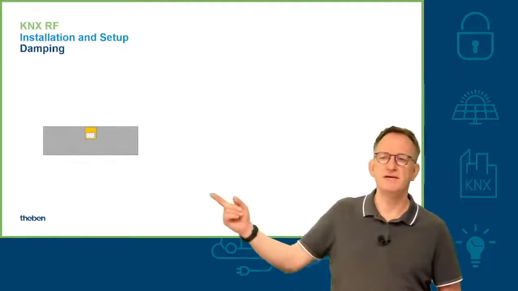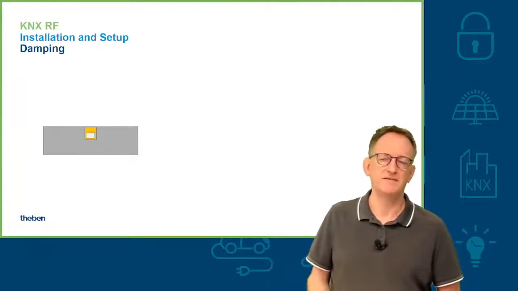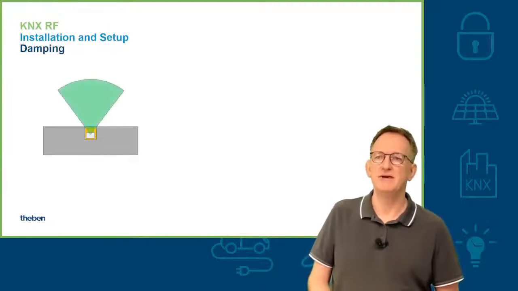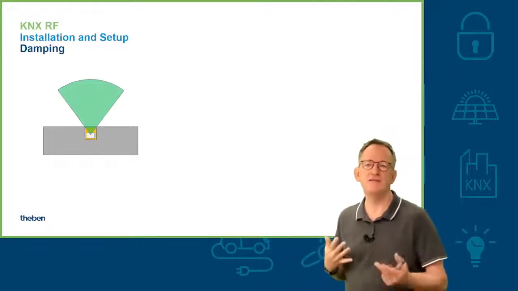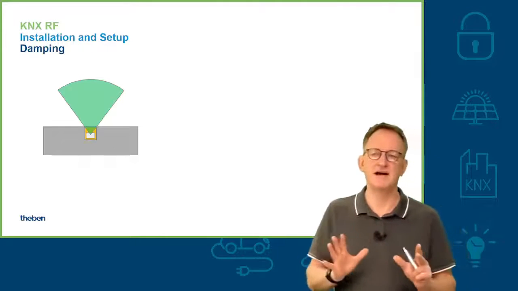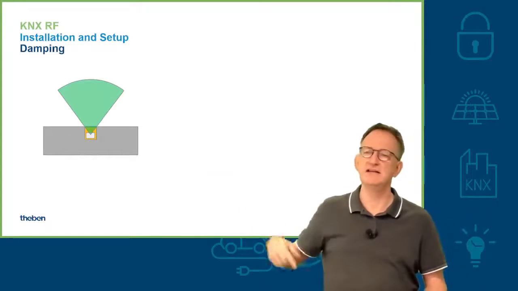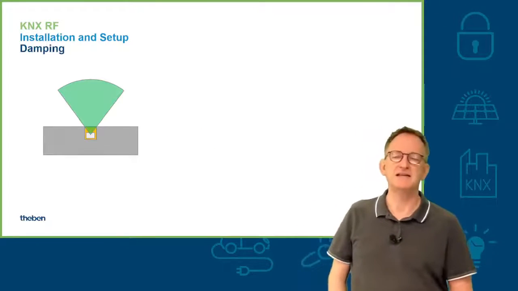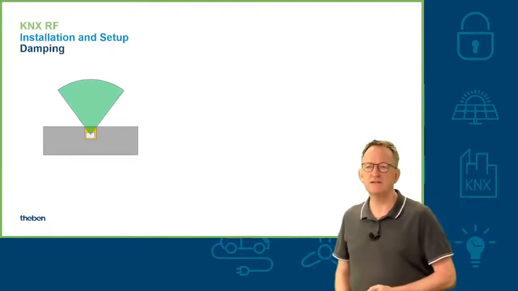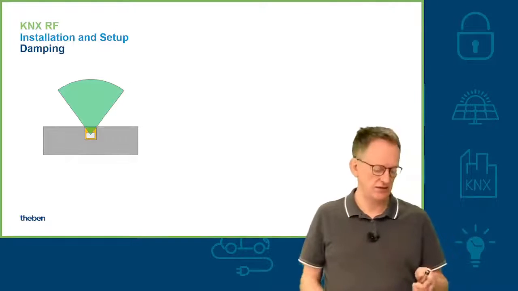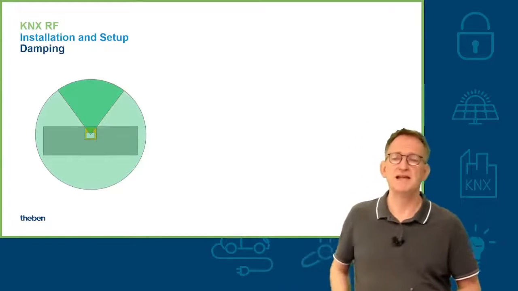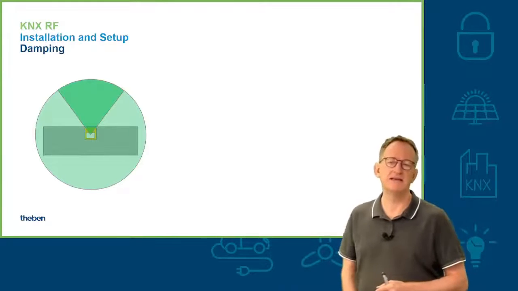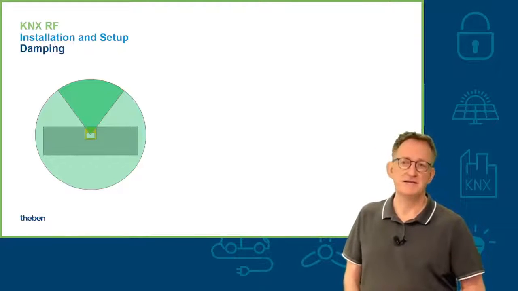So for example, if you have a concrete wall with a flush-mounted RF device, then you have here that range where you have a pretty good signal. Like if you have a lamp, it can directly send out, and all the devices which are in that green area will definitely get a pretty good signal. But it's not just that area. Also in other areas around, we still have a signal. It's not that good. It does not have that high quality, but you still might be able to communicate with devices.